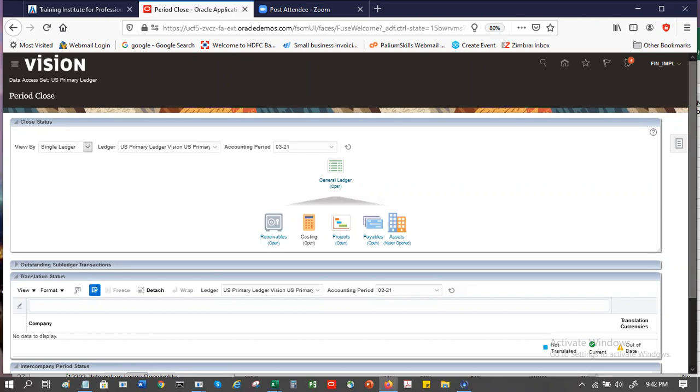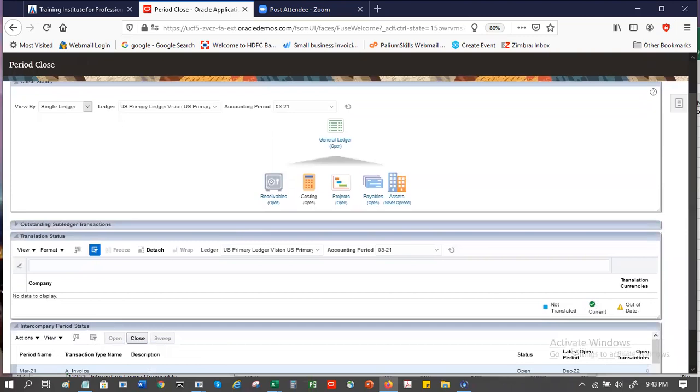Saurabh, we are not much clear on security rule. Can you please help us to create at least one security rule? Sure. We'll do that subsequently. So what I will suggest is before the next class, everybody please have your ledgers uploaded, so that you can go into your ledgers and define your own rules, and you will be able to play around with that in a much better manner.